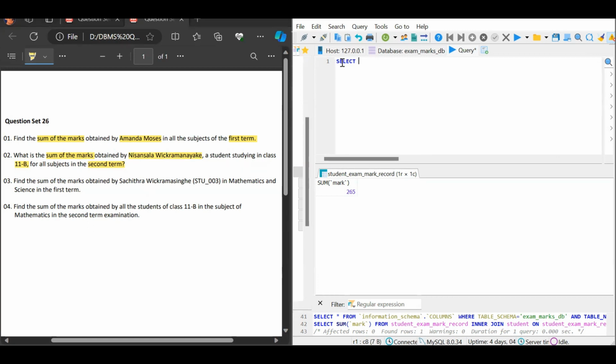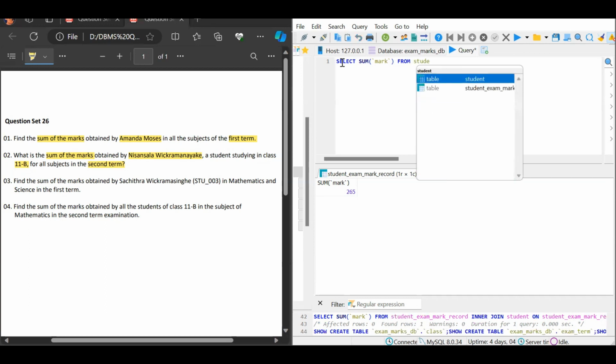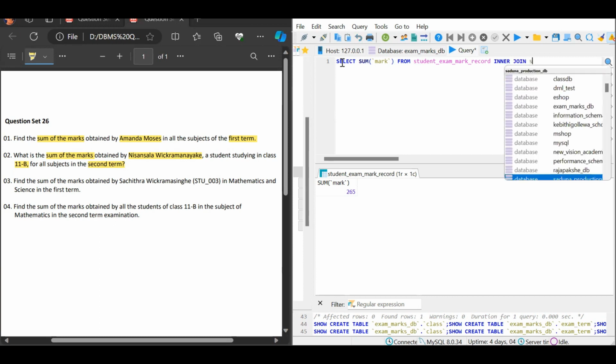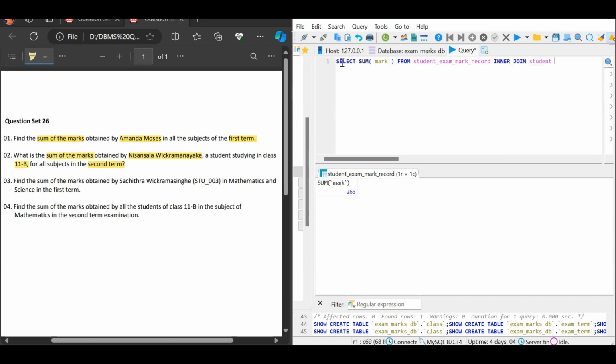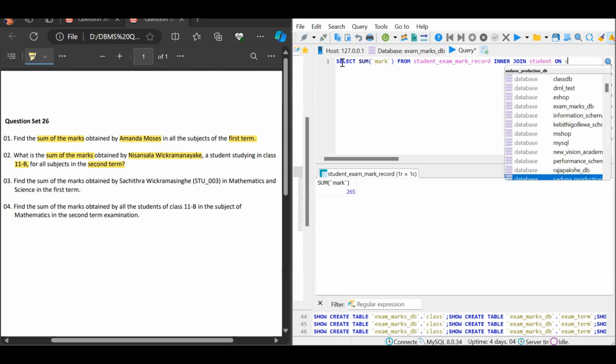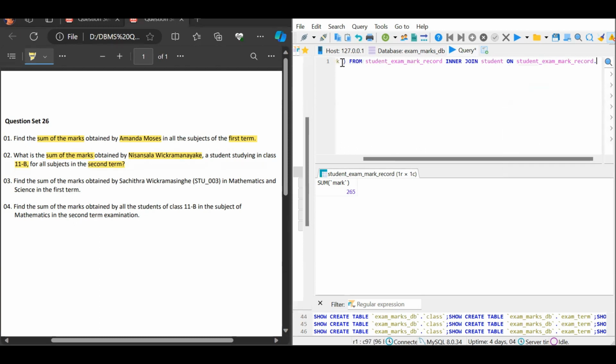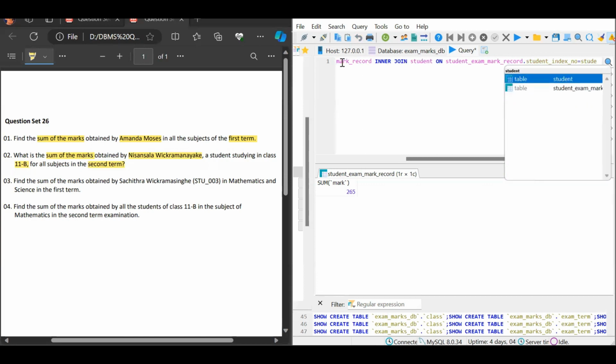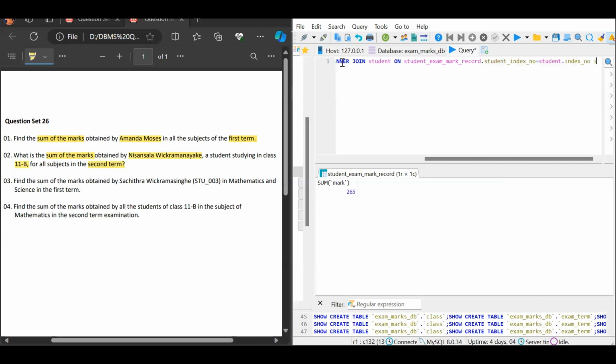Here too we can use the keyword called sum, as we have to obtain the sum of the marks, and we can use the from keyword and the student exam mark record table, and we use the inner join here. And here too we join the student table, then use the on keyword and student exam mark record table dot student index number equals student table dot index number, and then we can use again an inner join, and